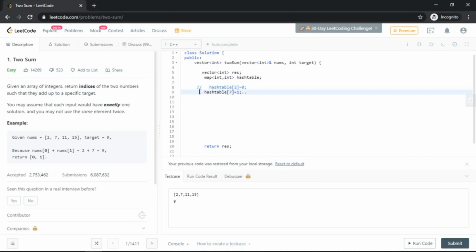Once the elements of this array are stored in our hash table, we'll start traversing this array again. We'll select one element and subtract it from the target. Suppose we select 2 and subtract it from the target: 9 minus 2 is 7. We'll look up whether this 7 is found in the hash table or not.